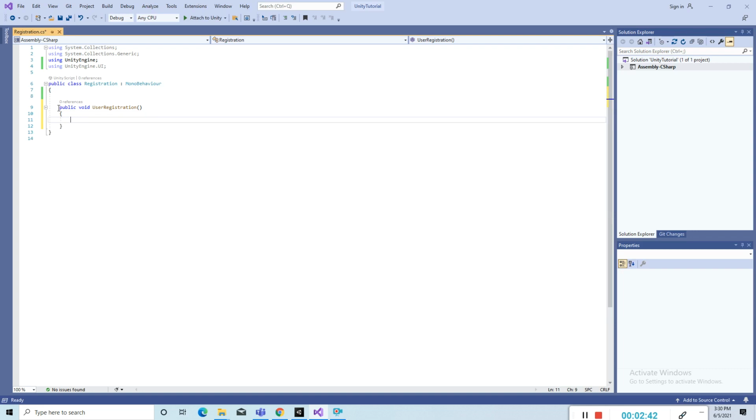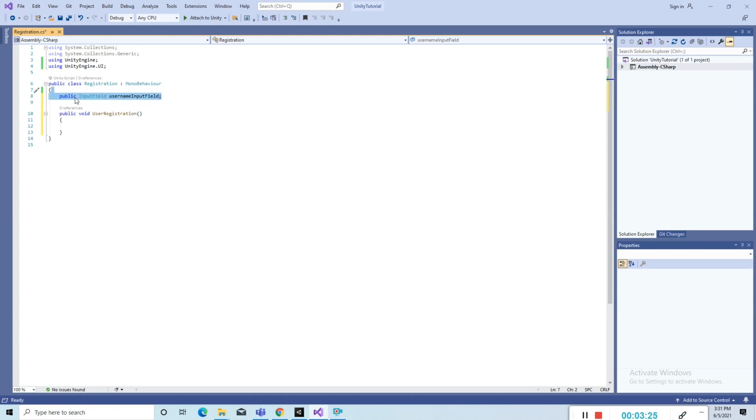In that method we will take all the information from the input fields. To access this input field of a Unity element, you have to make one variable of type InputField. This is for the text field. For username I have to take input from the username, so I can create a variable for the username input field.